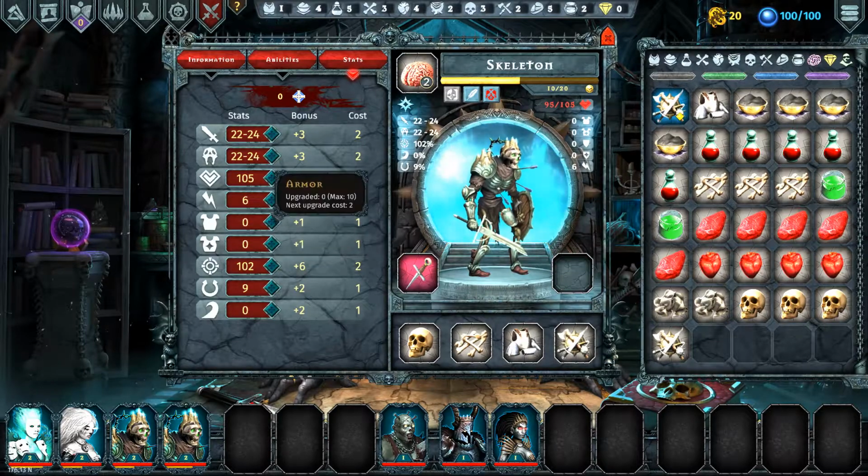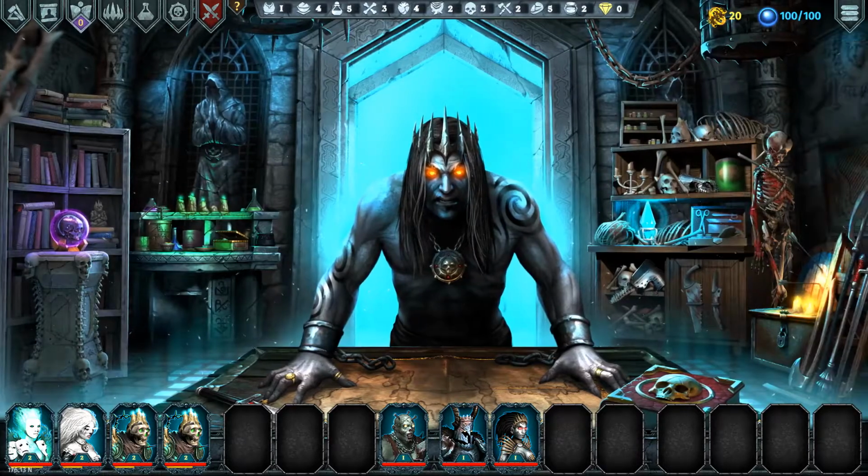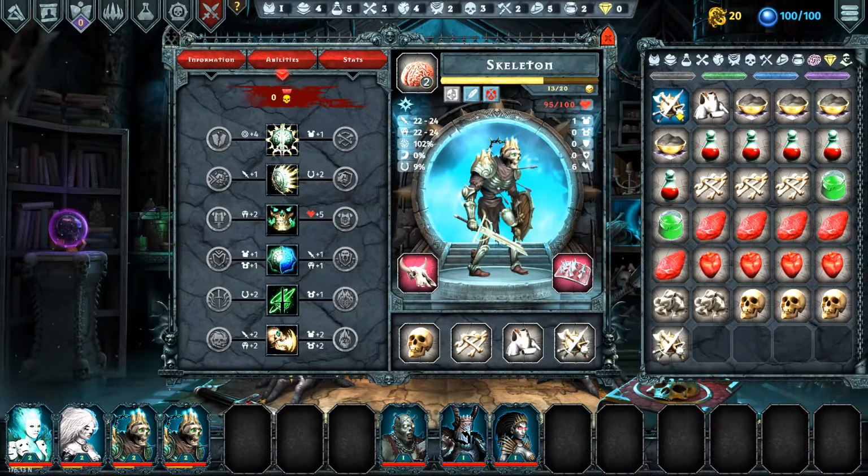Did I pick armor? Oh no, I picked health. Oops, I should have picked armor. Never mind. Whoopsie doodles. So for the skeletons, I would recommend,